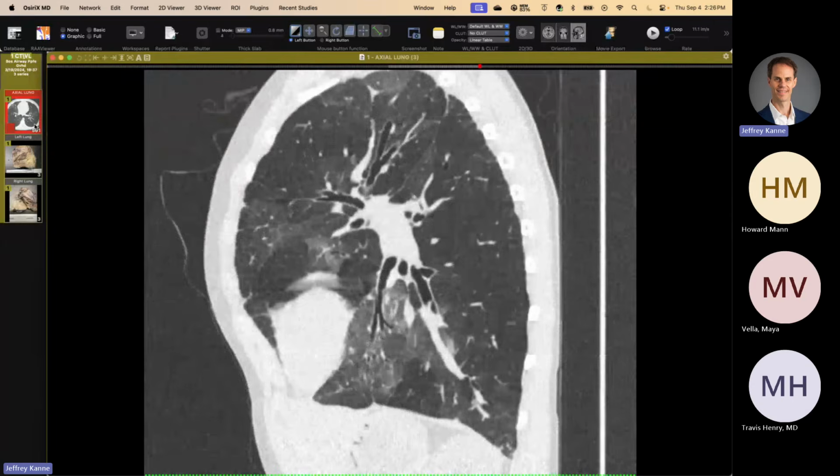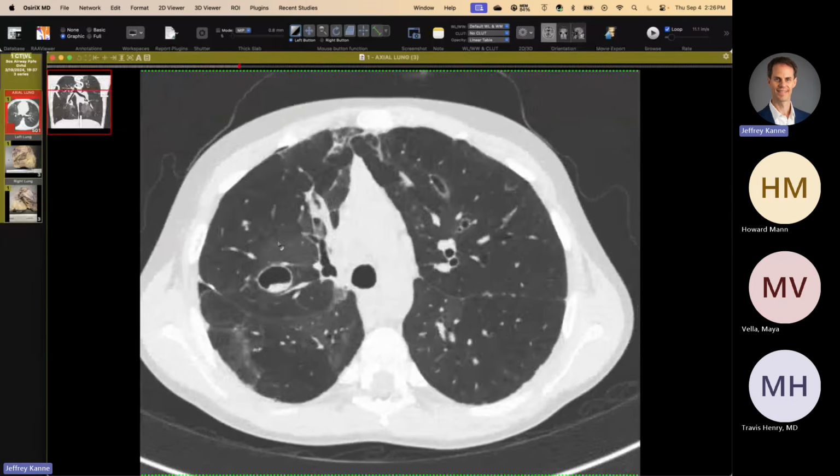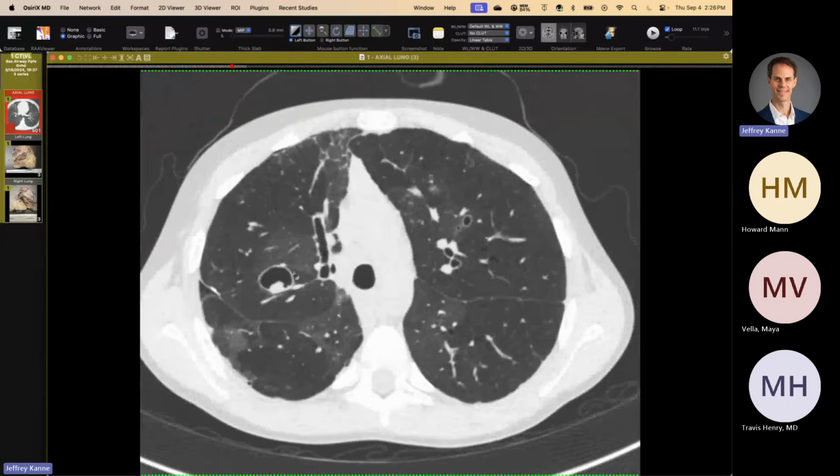There was also a little bit of PPFE. So presumably some of this stuff out here. It was pretty modest, but there was some PPFE. But this ended up being a little Aspergilloma. And then this is the